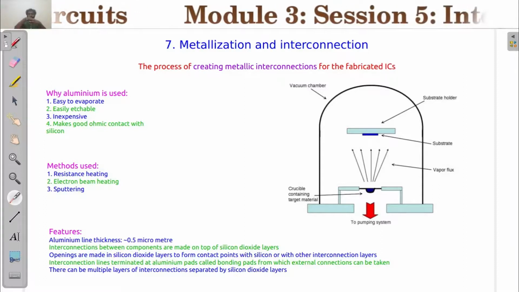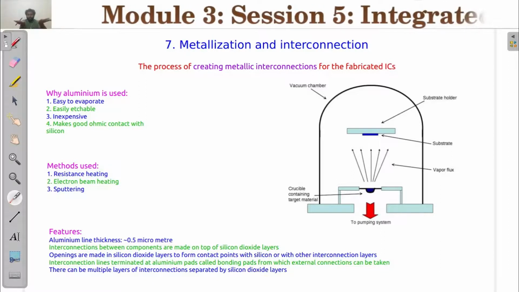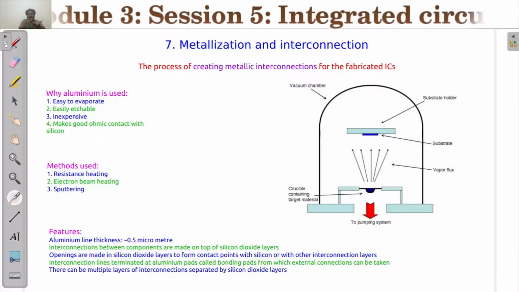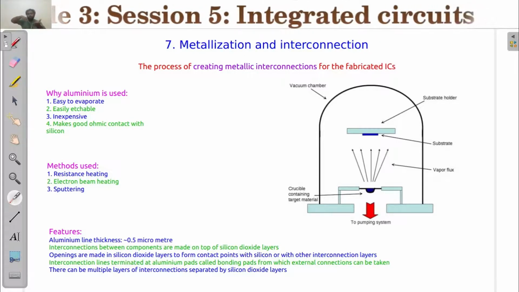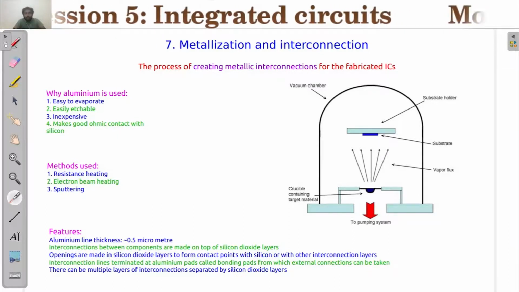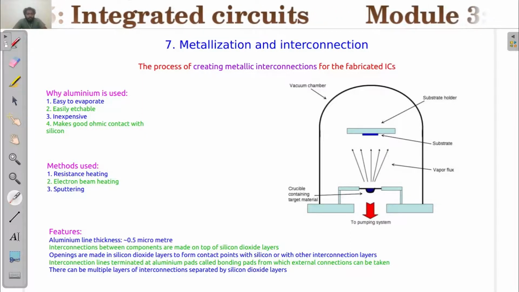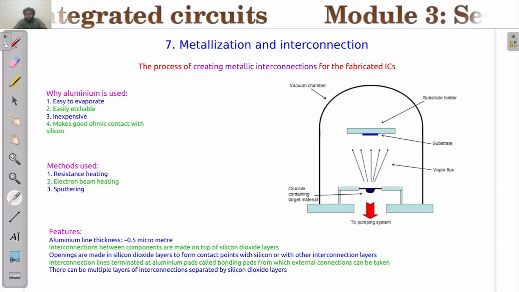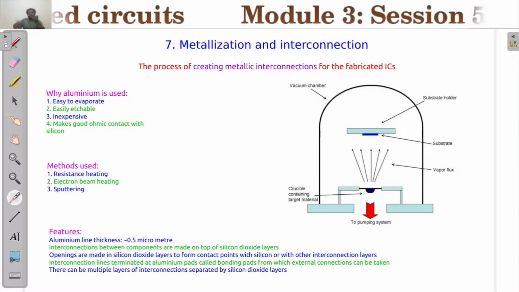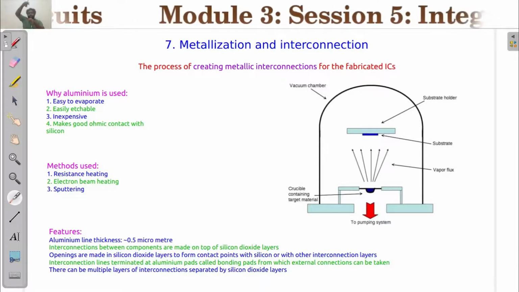So it essentially is a three-layer structure. One layer hosts our active elements, like transistors. The second layer will be the silicon dioxide layer, acting as an insulator to separate it from the third layer, which is the interconnection layer. The interconnection layer will be used to connect between two, three or millions of transistors, etc. And components will be isolated using silicon dioxide. There will be openings made in the silicon dioxide layer so that there can be contact points between the silicon and the interconnection layer.